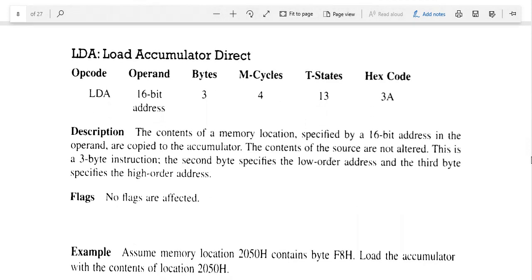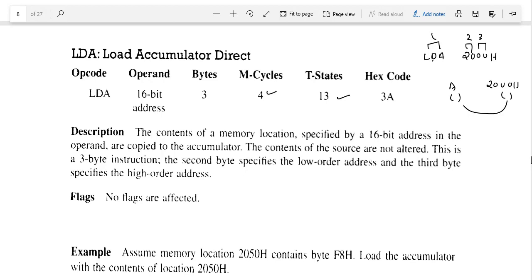Now another instruction we will study here. We will study LDA, that is called load accumulator direct. This is given as LDA and an address. Address means, for example, if it is given as 2000, it will load the data from this given location to the accumulator. This is LDA, and it has 4 machine cycles and 13 T states. Now we will see it has 3 bytes. One is the opcode, and there is a lower byte and another is a higher byte, so 1, 2, 3 bytes.